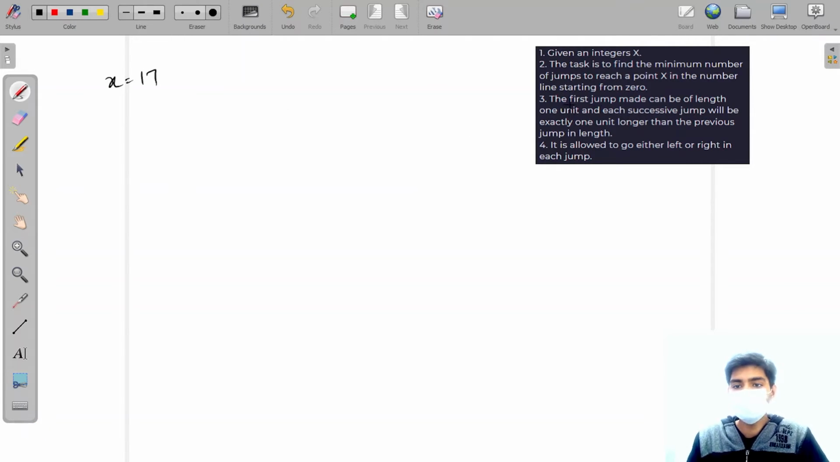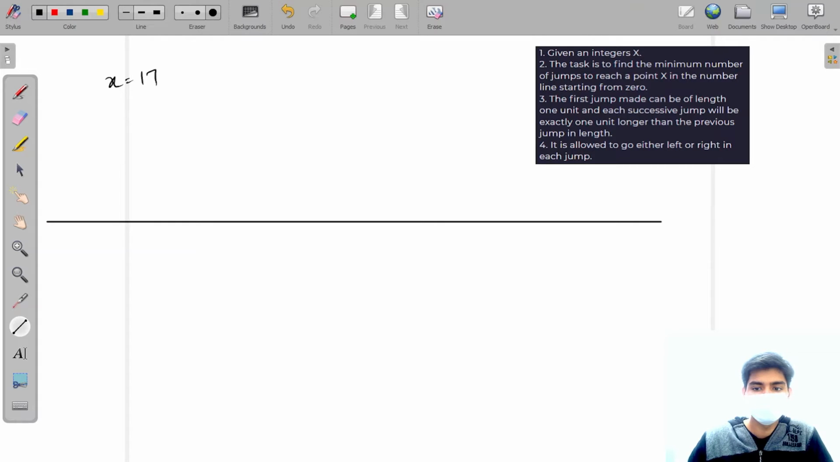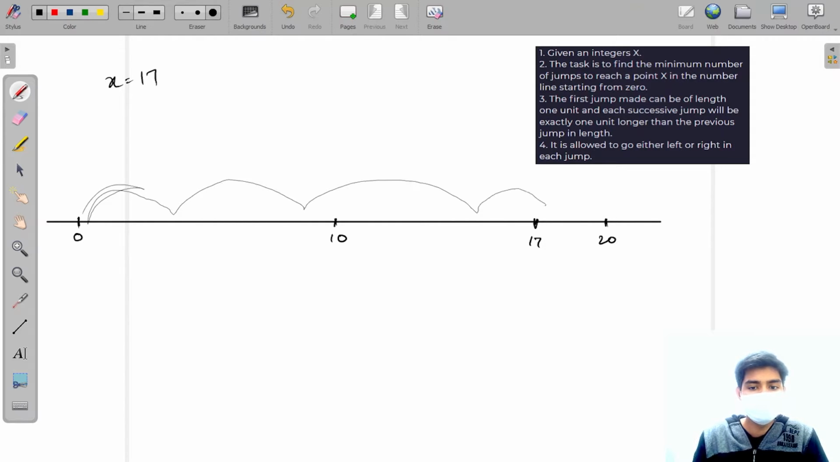The task is to find the minimum number of jumps to reach a point x in the number line starting from 0. So let's make a number line, right? And this is 0, this is let's say 10, and this is let's say 20. My number x is 70, so it is somewhere around here, right? So I'll take some jumps from 0 and I have to count the minimum jumps by which I can reach